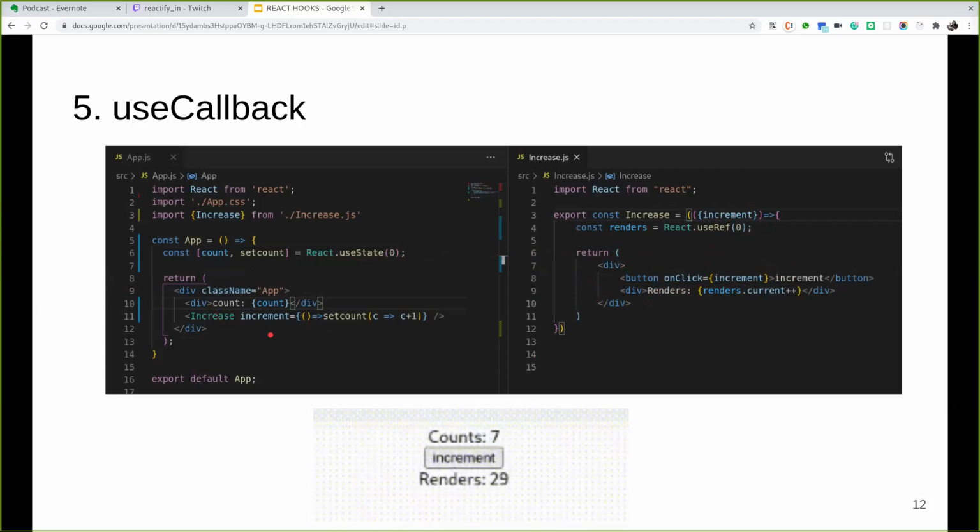But what we are trying to do is we created another component, increase, and passed the function into it, and using the reference here to check the number of renders, and on click of these buttons we are calling the increment function. But when we use a function inside a React component body, this function is recreated on every rendering. That's why even if we click a few times, it's getting rendered multiple times.